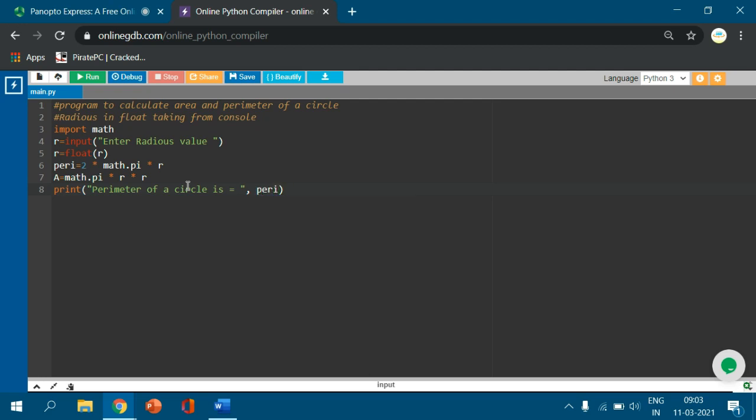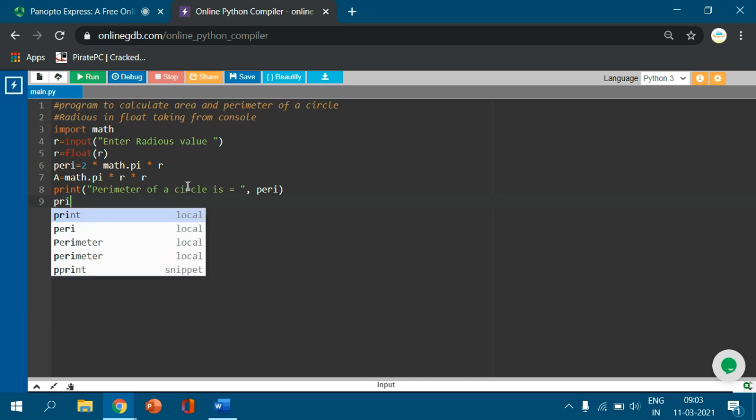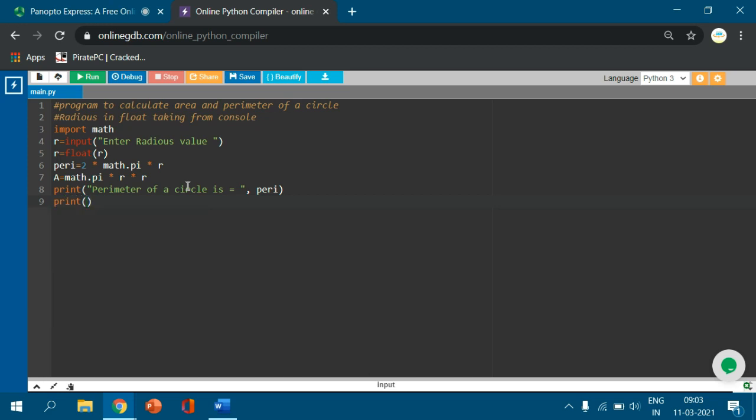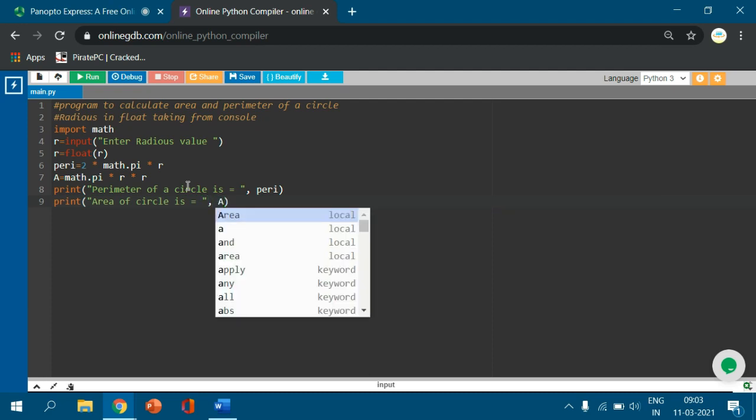And area: print area of circle is, comma, and I stored the value in capital A.